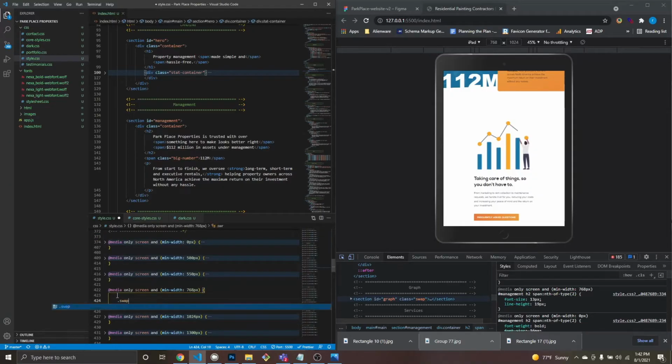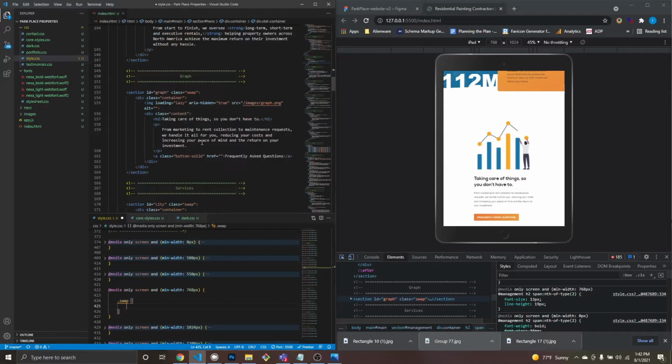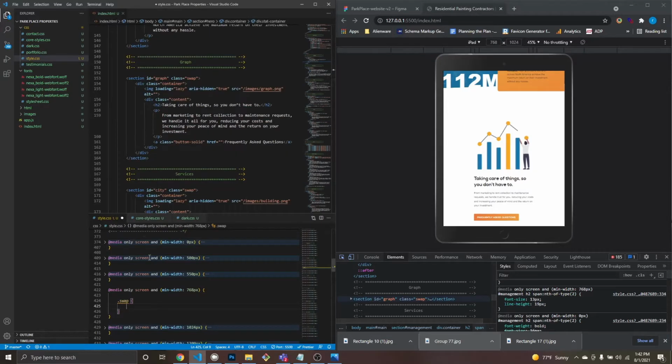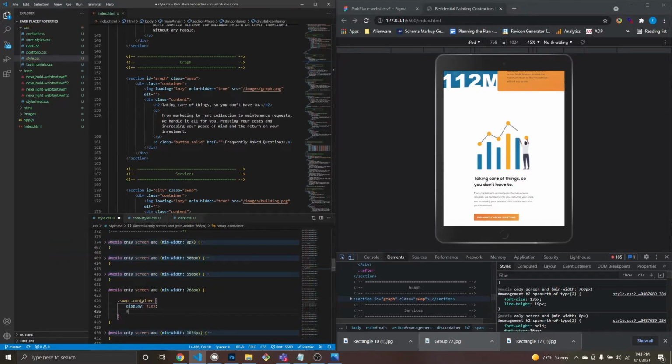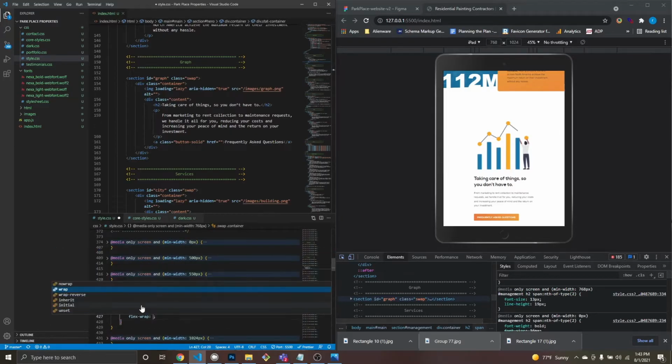Dot swap. Dot container. Oh, here I go again. So display flex, obviously, flex direction row, flex wrap,